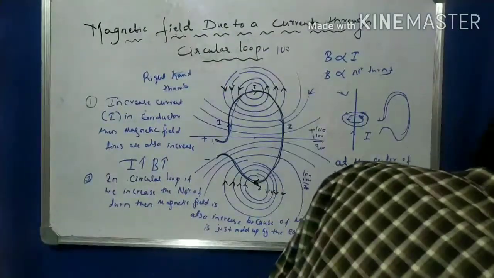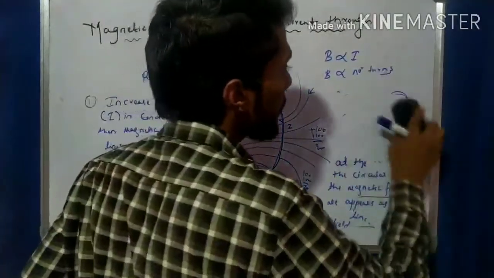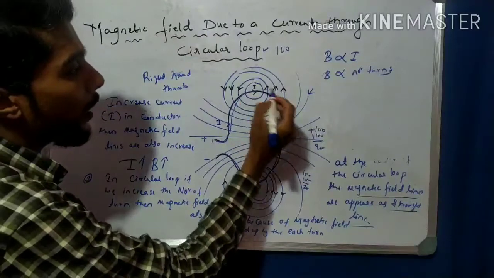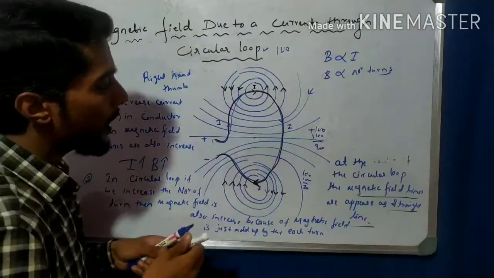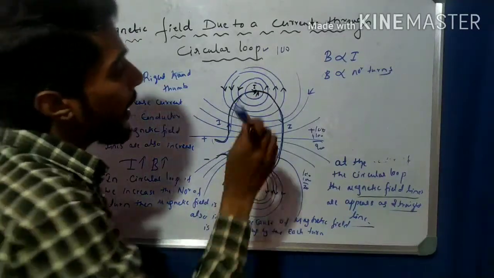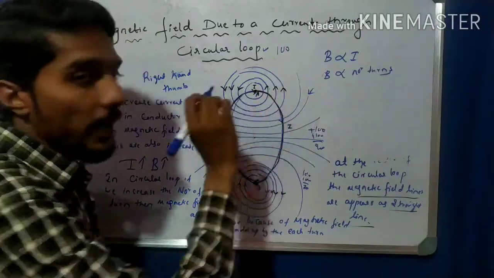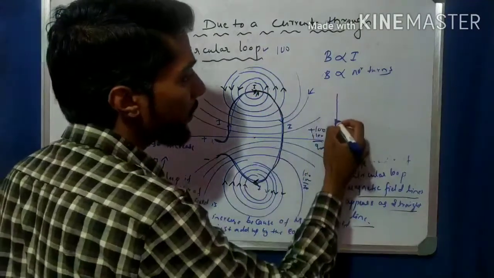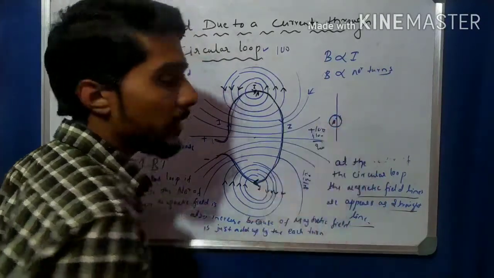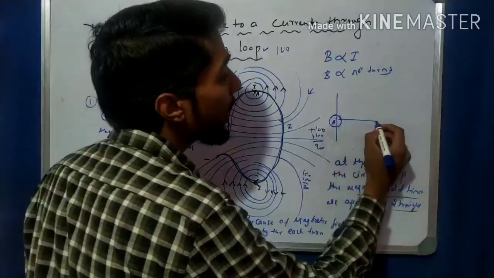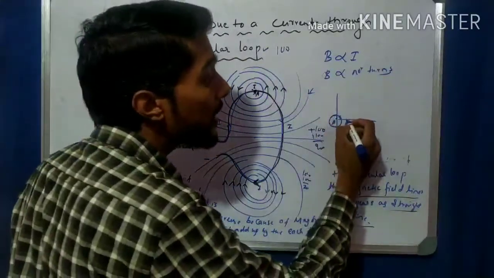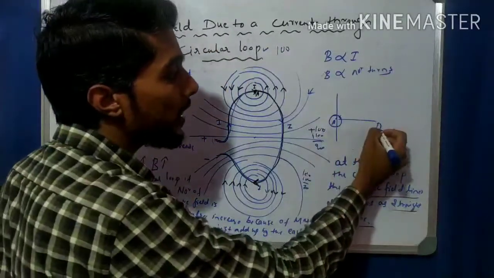So now students, come to another important point here. See here, this is a point on the conductor. I can make a point, this point is A. This point A is in the conductor, and its magnetic field is in anticlockwise direction, like that. If you move away from a conductor, maybe a straight conductor, it means the distance of a point from the conductor increases. For example, D is another point from A.